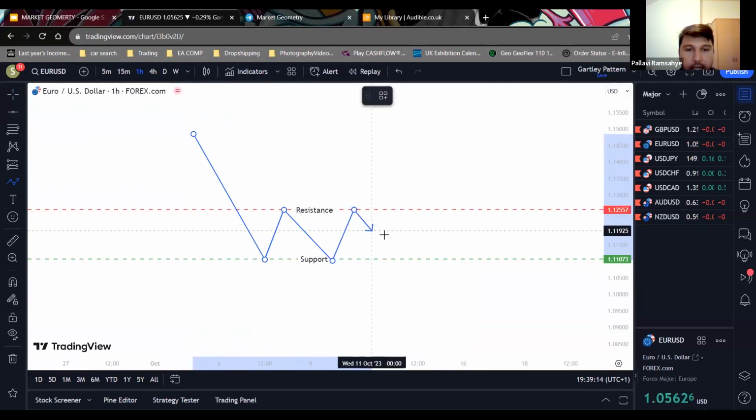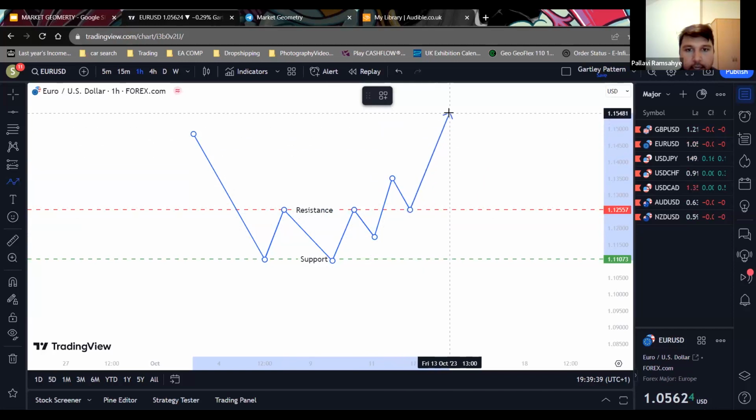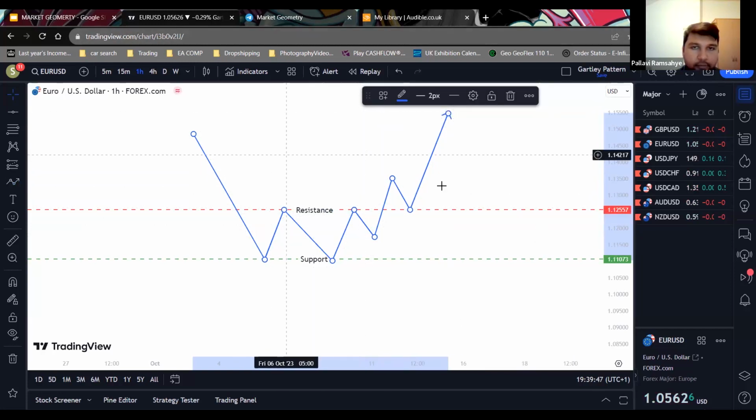Okay. But then at this point, you could have the price action come to the middle of this, and then it could break out here. So technically, this would be a price reversal. And then at that point, again, we can get in at the break, the retest of the previous resistance, and take price action on the reversal. But again, primarily you want to be using these patterns to look for trend continuations, because